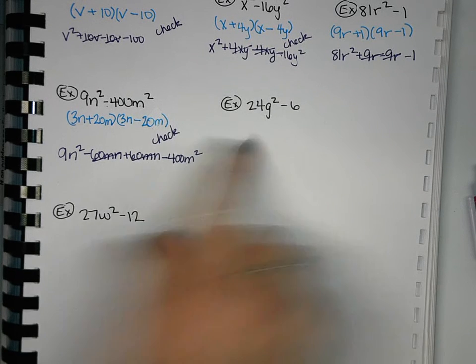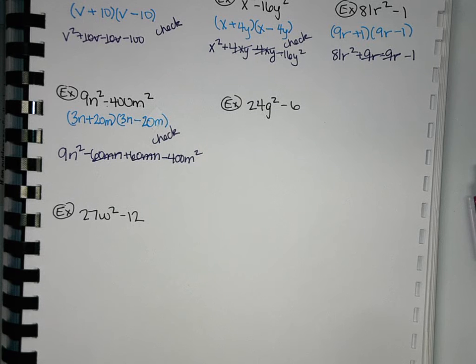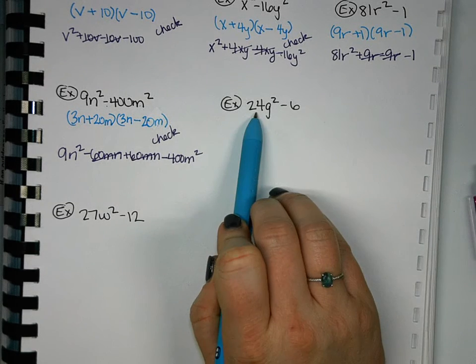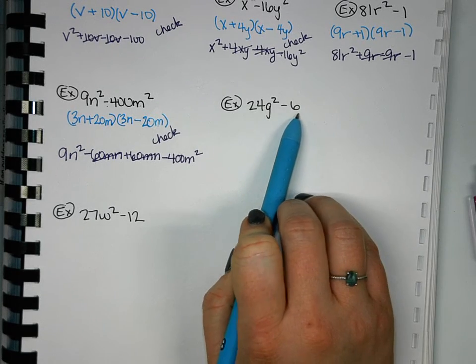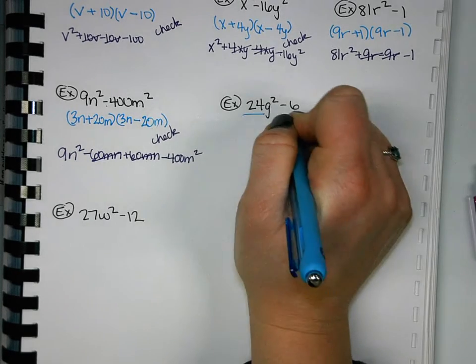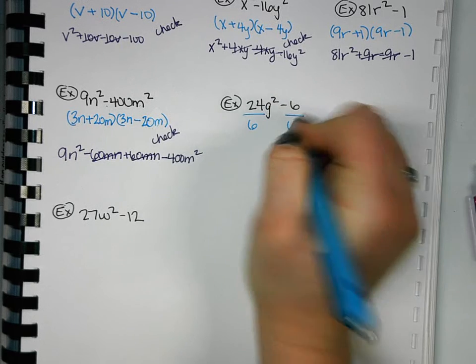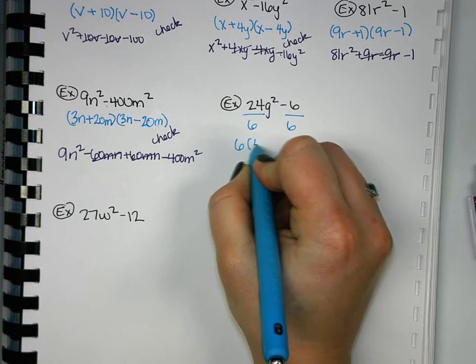Okay, what about this next one? Are those both perfect squares? No. So this is where we want to ask ourselves a question before we say absolutely no. Is there a GCF we can take out? So is there something in common that we can take out between 24g squared and negative 6? What can we take out? We can take out a 6. So if we take out a 6